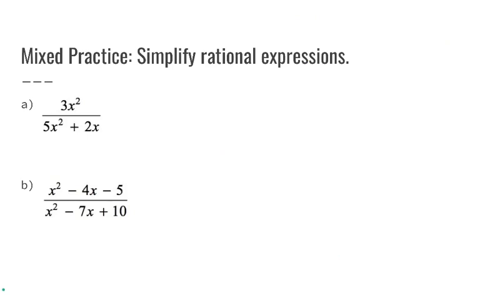So here's some mixed practice of just the same exact thing. So first one, it's a problem where I just need to simplify. There's no multiplication, no division, nothing like that. So looks like in the top I can't do anything. 3x squared, there's really nothing you can simplify in that. But in the denominator, we can take an x out from both terms, and what we'd have left is 5x